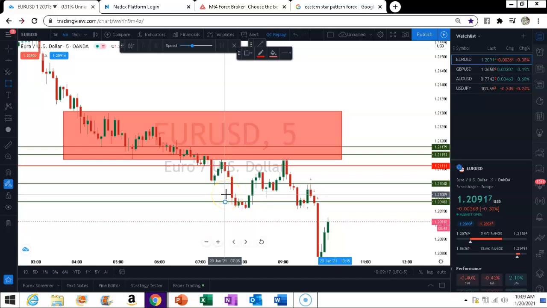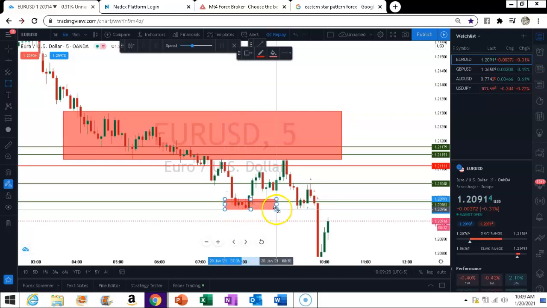I'll take the highest point of these little candles right here. The highest point is that green. I'll take that green candle, and this green candle is high and this red candle's low. So at the point that price breaks out of this box right here,